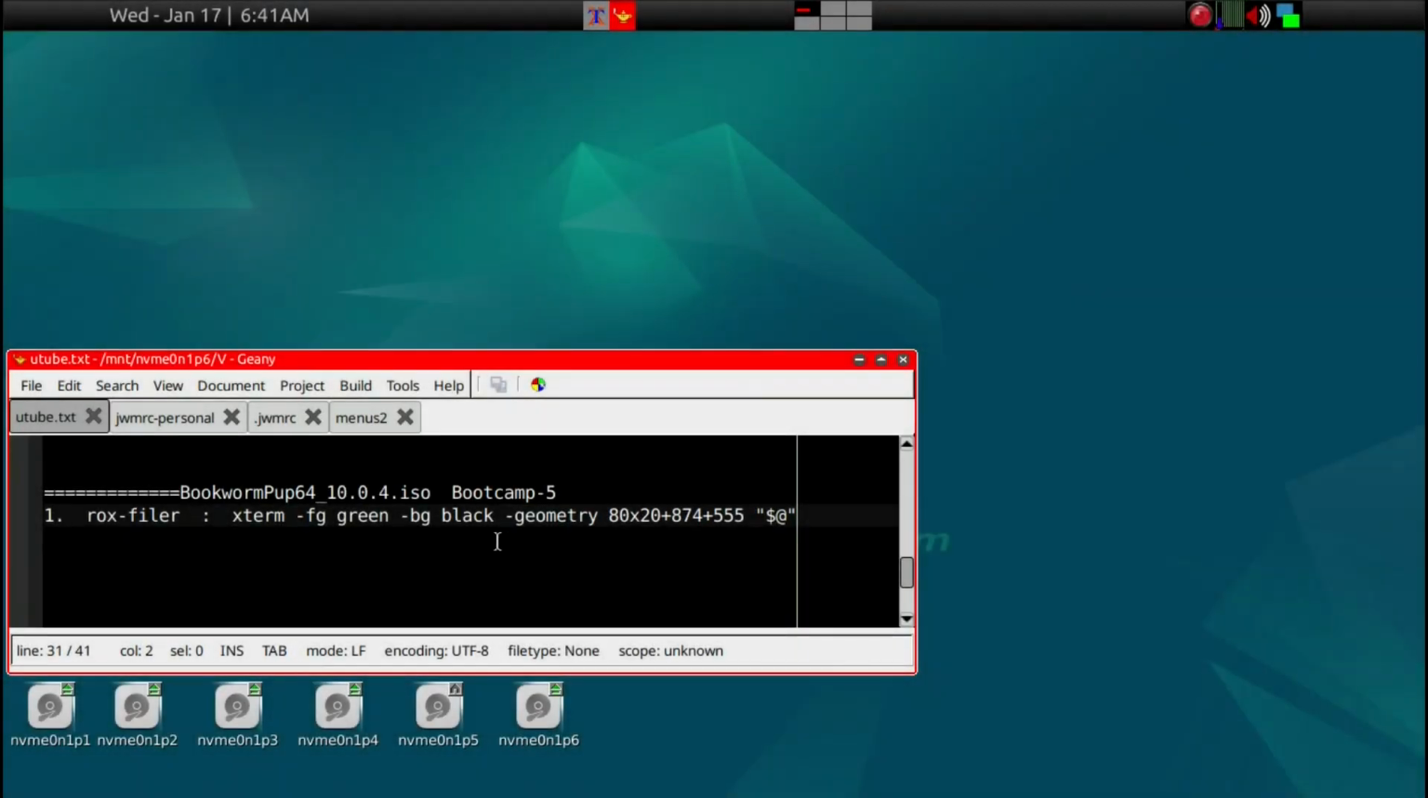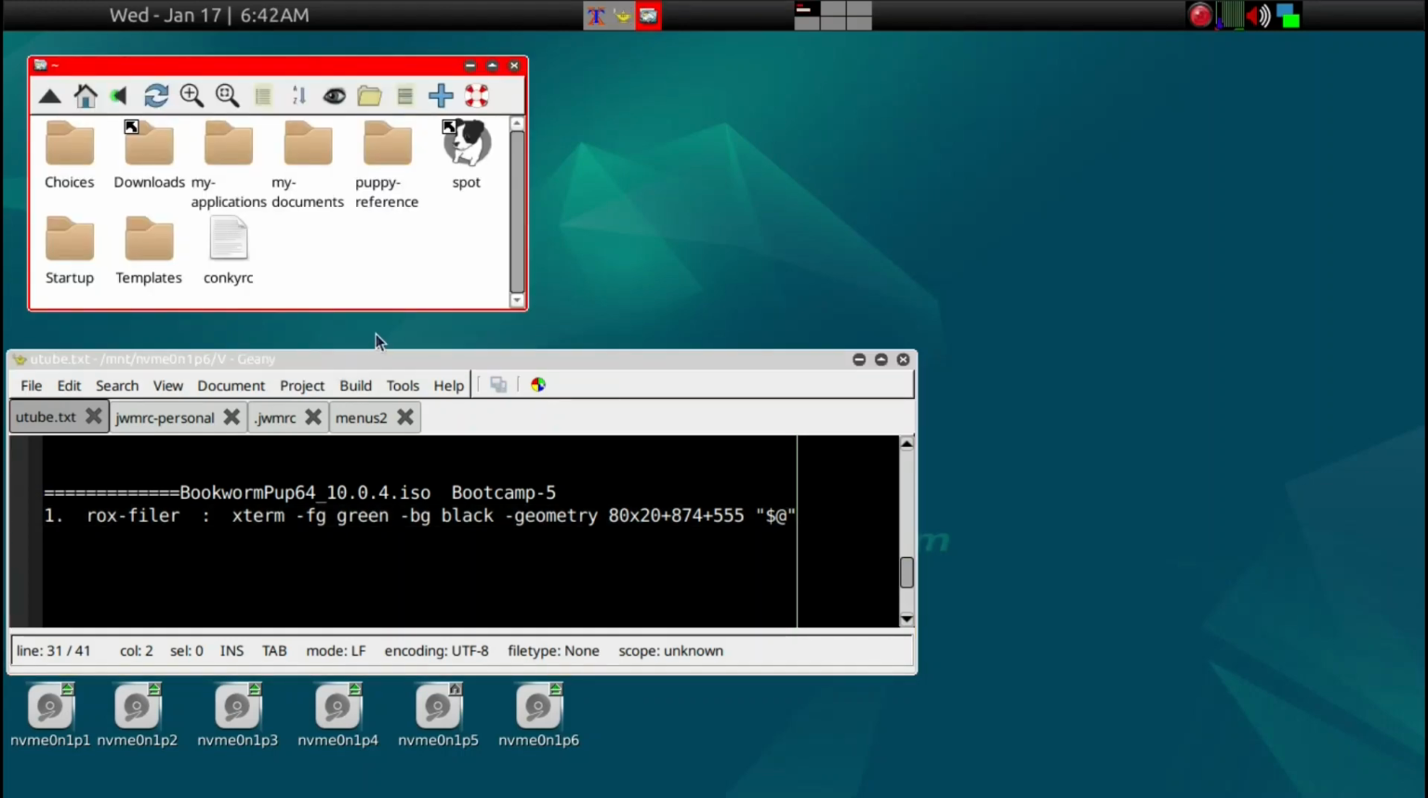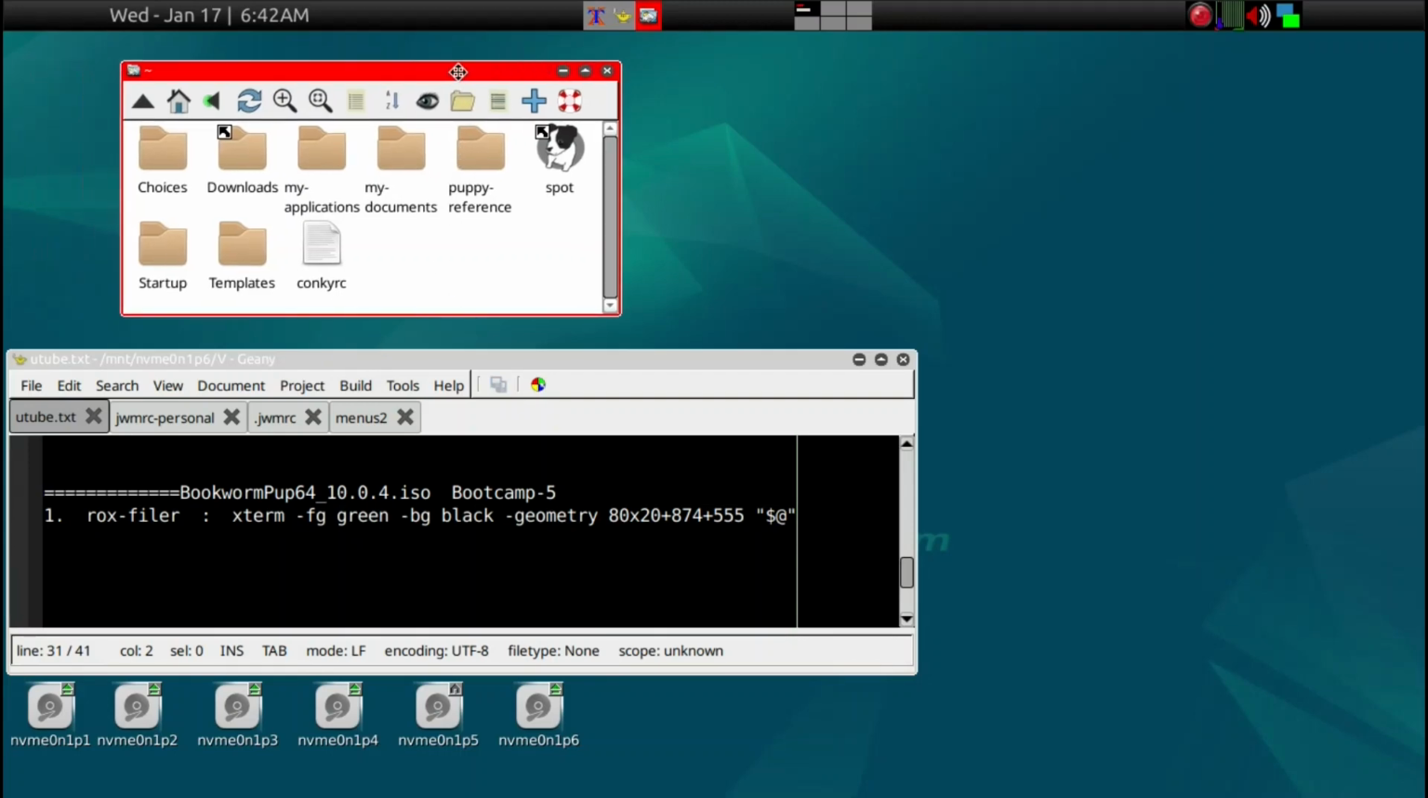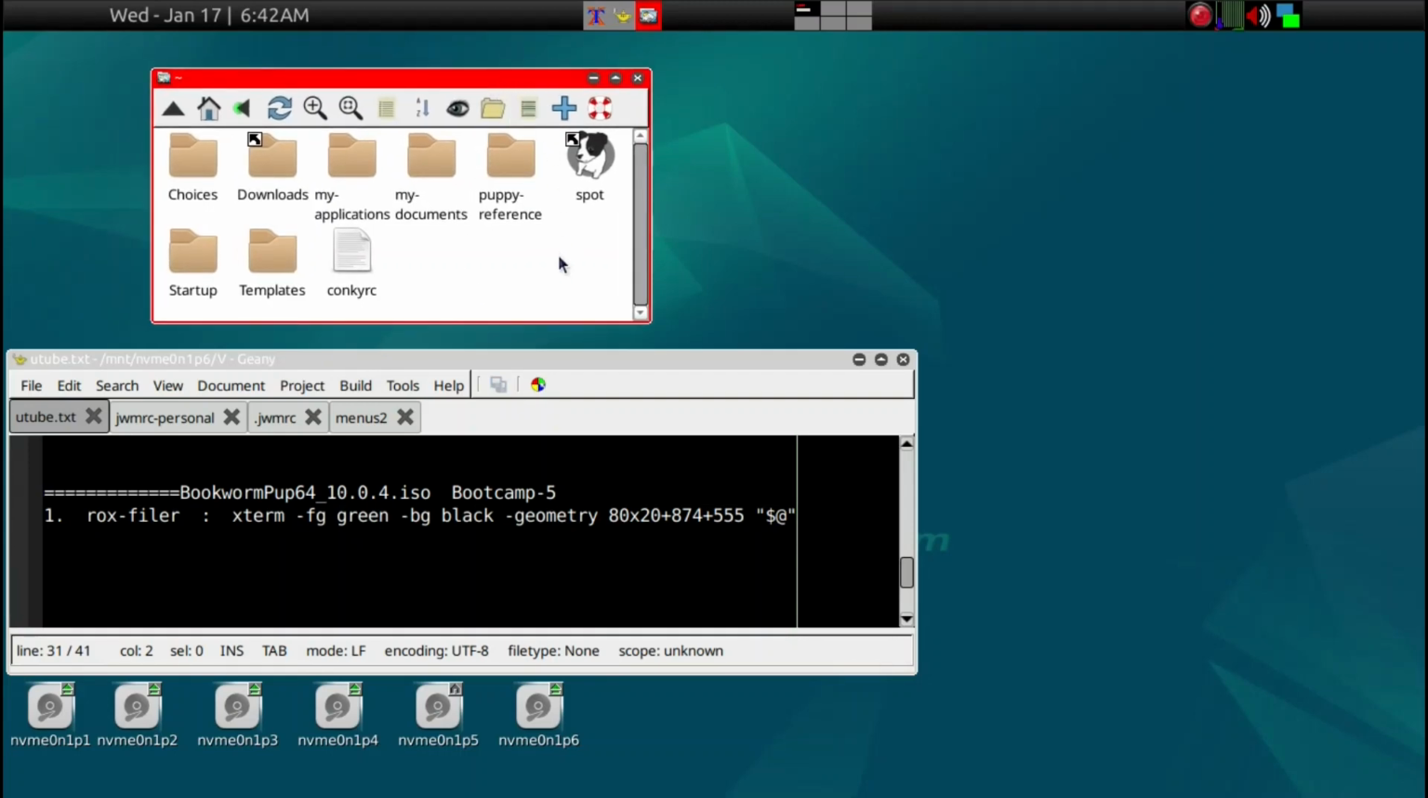Today is day 5 of boot camp using BookwormPup64. Today I'm going to be mainly talking about how to set up and use rox-filer. On a default setting, the default appearance of rox-filer looks like this on Bookworm, but I prefer some basic